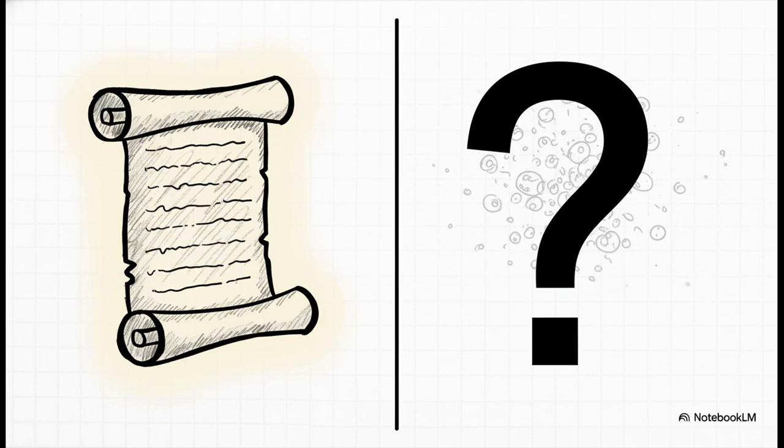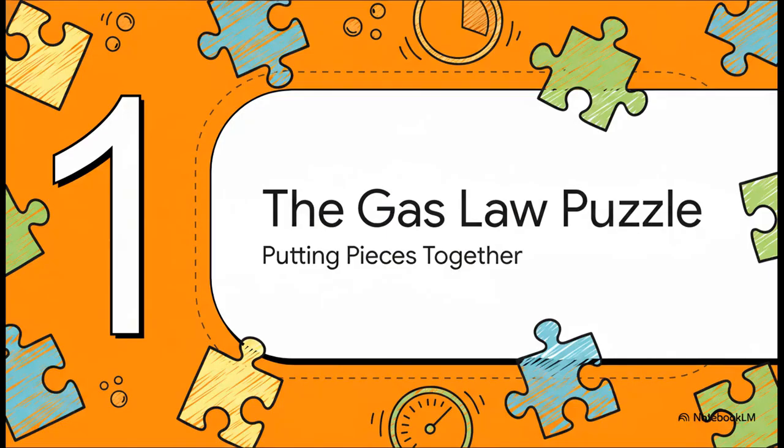So for the longest time, scientists were pretty good at describing what gases do. They figured out all these rules, these laws that could predict exactly how a gas's pressure and its volume and its temperature are all connected. But knowing the rules of a game is one thing. Understanding why the rules are the way they are is a whole different story. And that's what they had, a really fascinating puzzle. All these different observations were like scattered puzzle pieces. The question was, how do they all fit together to show us the big picture?